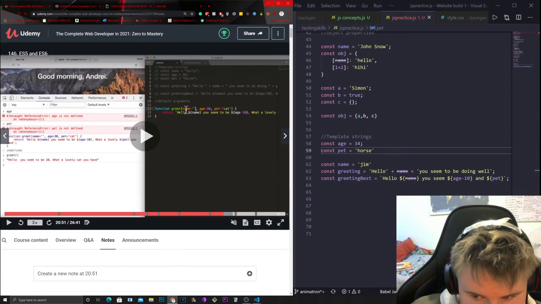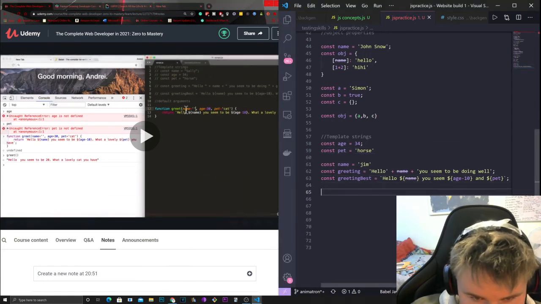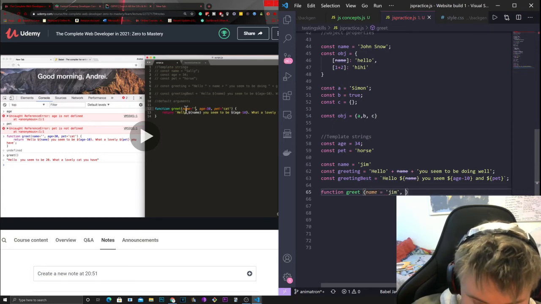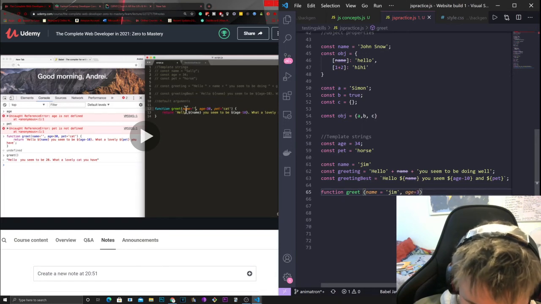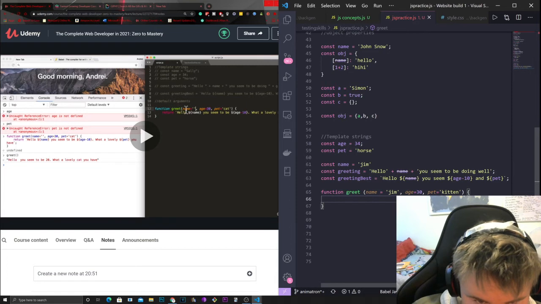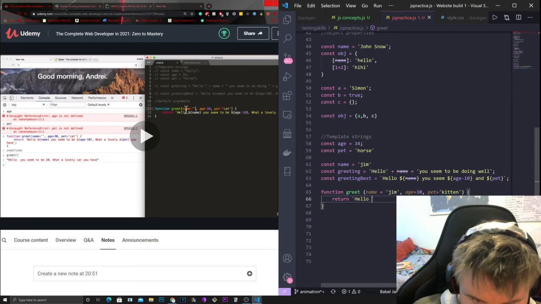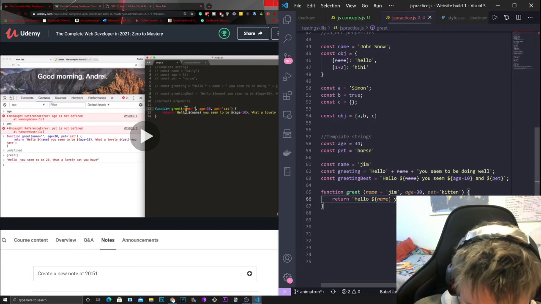So we can insert variables in between template strings, which is really handy, and you'll be using that a lot in React. And you can also assign default values in a function. So we can have function greet, have the parentheses name equal to Jim, so the default name will be Jim, age will equal 30, we'll have default pet, which will be kitten. Alright, and we can do curly braces now for our code block. We can do return backticks hello dollar sign name, you seem to be dollar sign age minus 10,